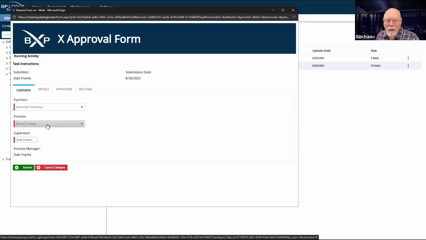Now, when I picked the process, it invoked the business rule. It passed it the value of the process field, network change, which I believe the code for network change is in C, and it sent that to the business rule. The business rule returned the user again, because I have to do everything via system variable, especially since I'm passing a parameter. As we saw last week, I just used the system variable for the business rule, but I used the format equals UID formatter, so that when the business rule returned me, it actually just returned my UID.